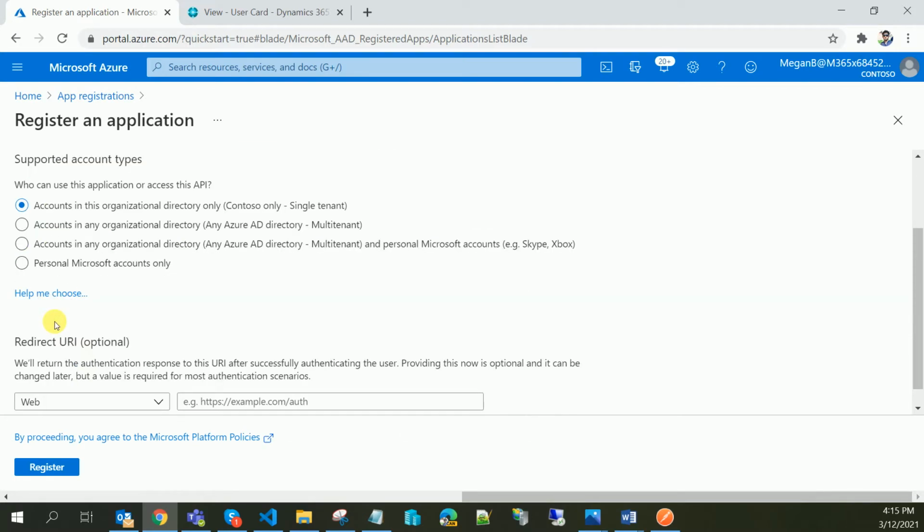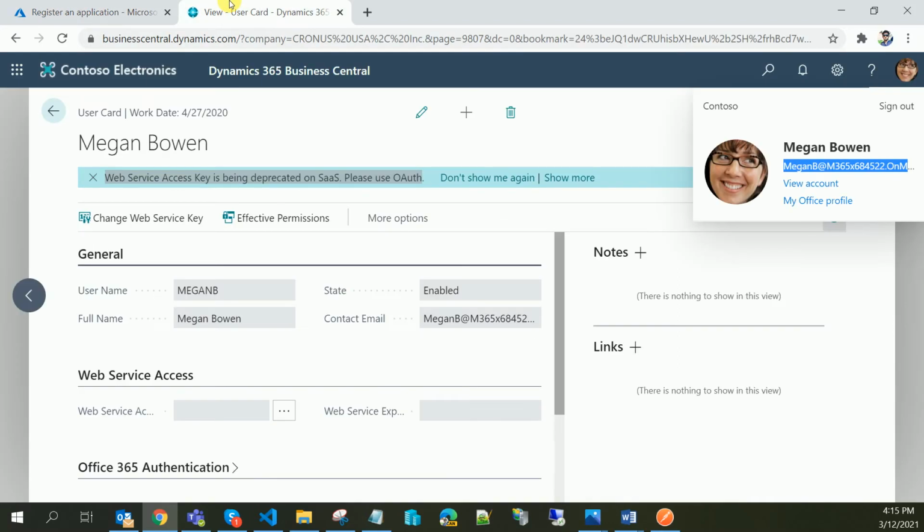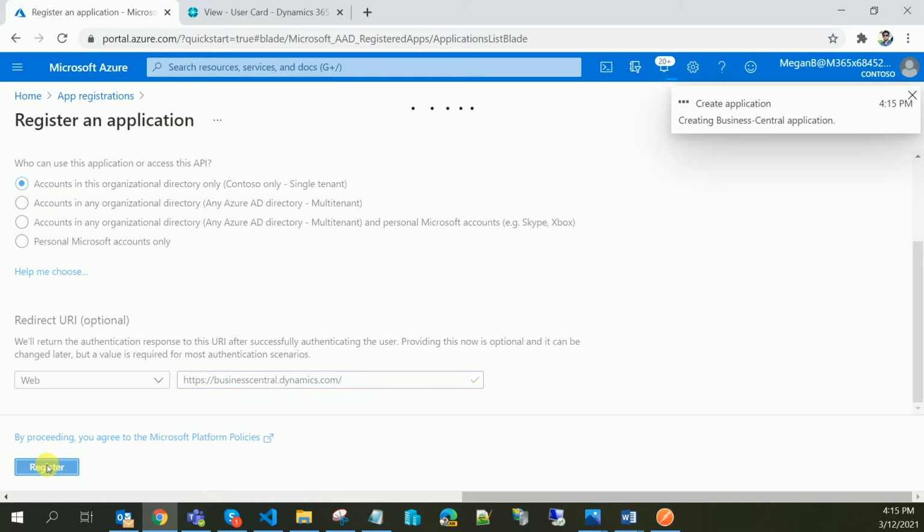Here is a section for redirect URL, optional. Select web, and enter the Business Central URL. I copy the URL of Business Central and paste it here. That's all, you need to click on register.